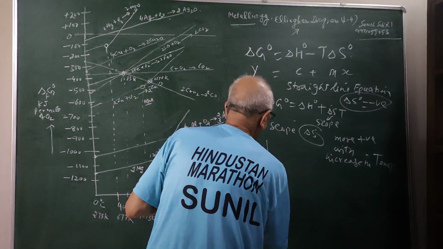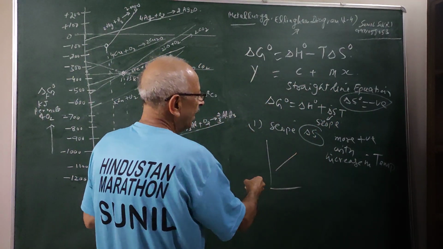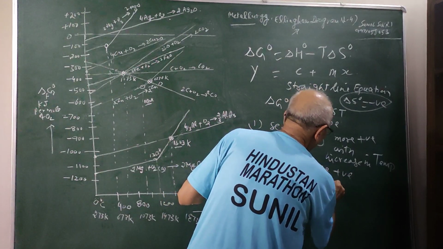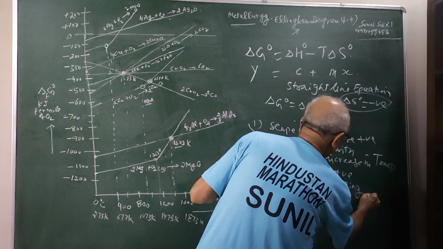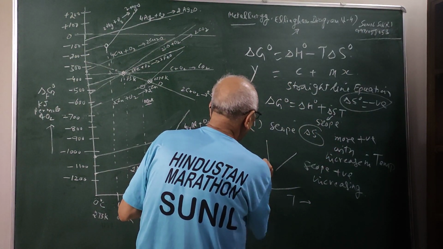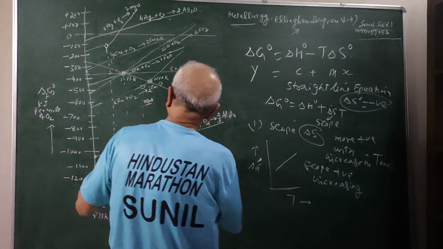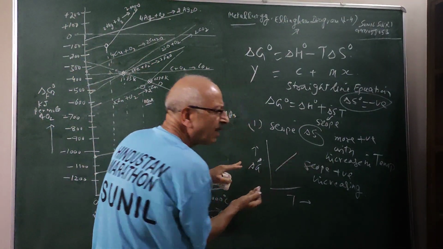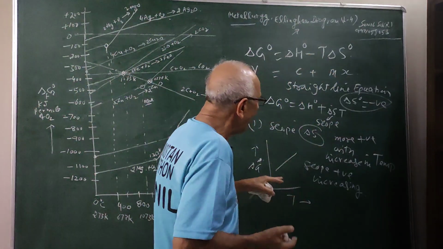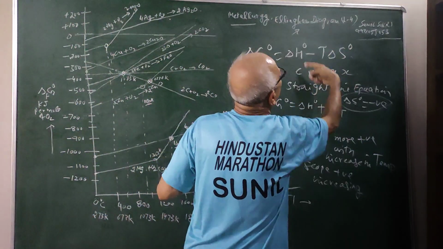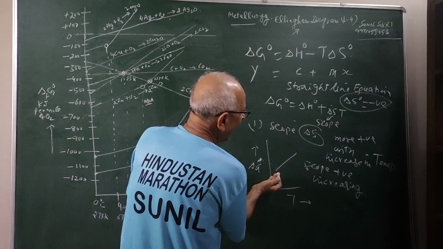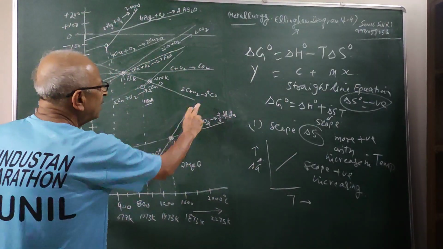The graph will look like this. It is increasing. The slope is positive and is increasing in most of the cases because with increase in temperature, this is our delta G0 values. So as I've shown in this graph, students, the slope will be positive. When delta S is negative, this becomes positive, and with increase in temperature, T delta S will be more than delta H0. Therefore, the slope is increasing or is positive, as you have seen in these cases.